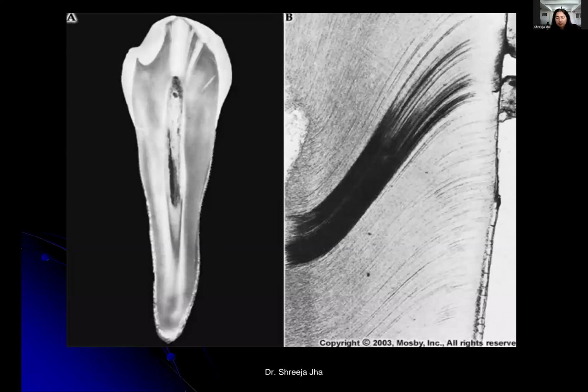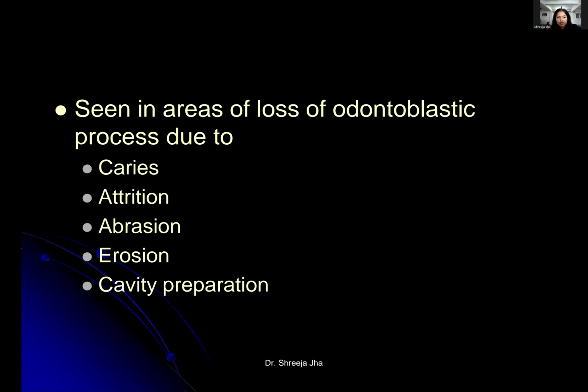Here you can see it becomes empty, so it is filled with air, in which the light cannot pass, so it appears black. Okay, so where we can see, as I said, any response to stimuli area like caries, attrition, abrasion, erosion,